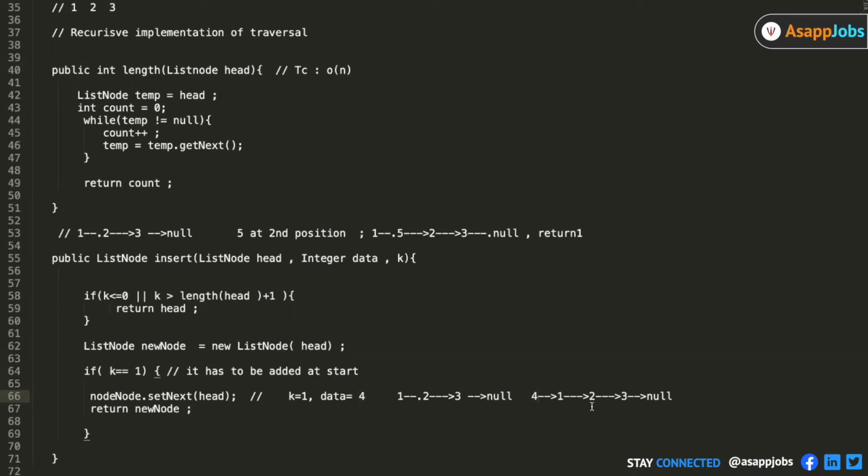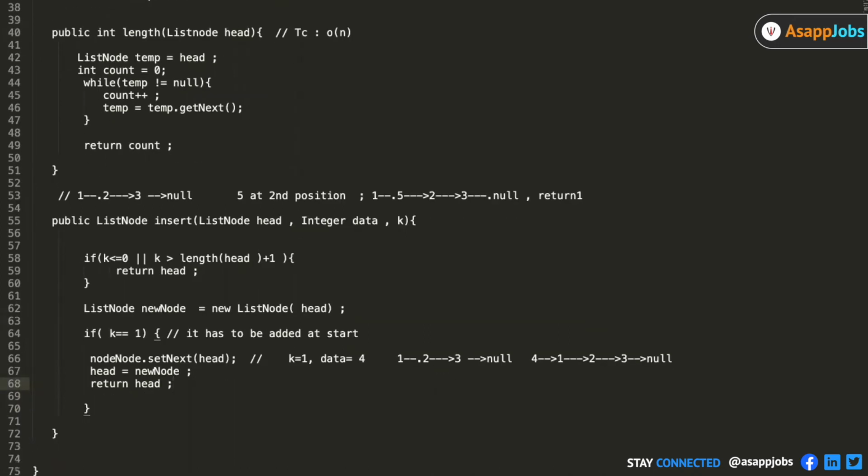Okay, I got your point. So you are saying that head will still point to this, whereas the actual head is this. So if you want to do that explicitly, head now points to the new node, and you return head. Now this makes sense to you? Yeah. So now the head points to the new node and then returns head. Okay, I remove the return statement here. I just do this, head equals this. Else,